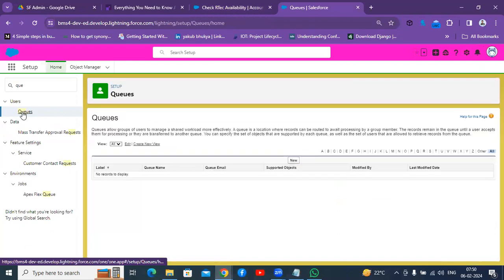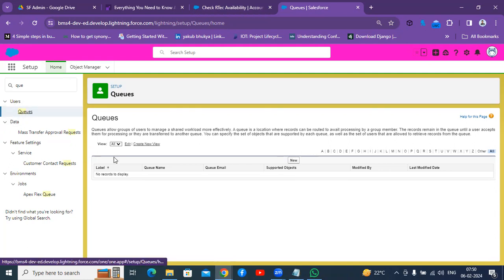So queues is another concept. With public groups, we share the records and they are able to view the records, but they are not the owners of the records. Whereas with queues, we can provide ownership to a specific set of users.